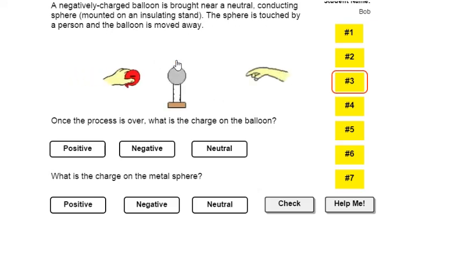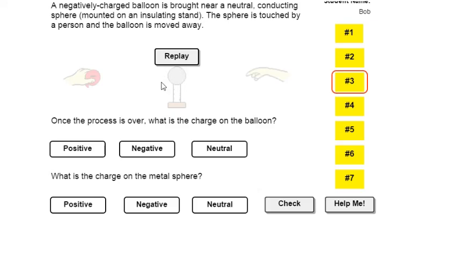And there's actually a little animation which will show you what's going on. So we bring this balloon, this negative balloon, close to a metal sphere. Now, this is a metal sphere, so it is a conductor, which means that its charges can move quite freely. In fact, in metals, it's the electrons that are essentially free to move around. So when we bring the negative balloon close but not touching, the electrons in the balloon repel the electrons in the sphere. So the right side of the sphere effectively becomes negative.